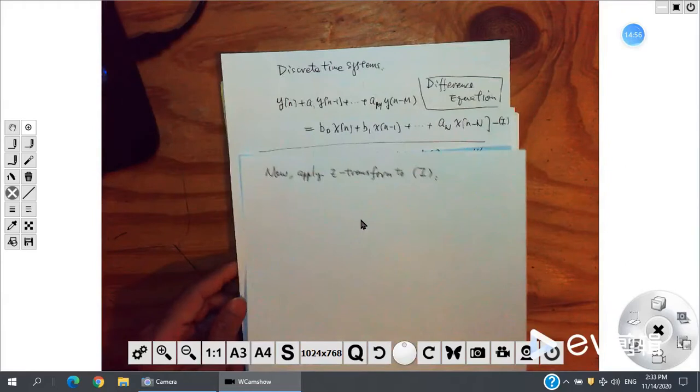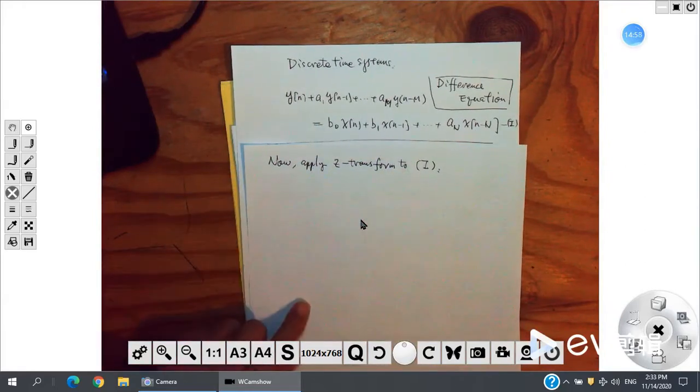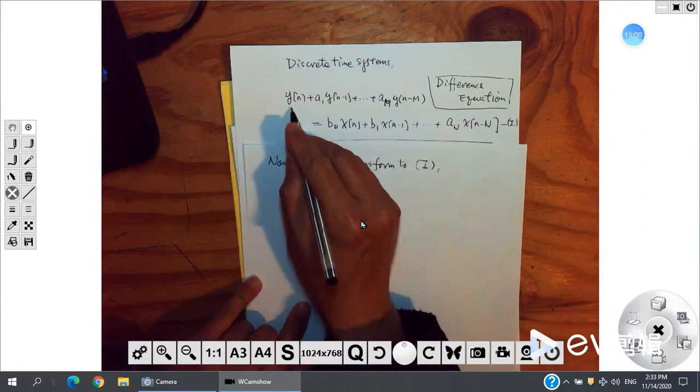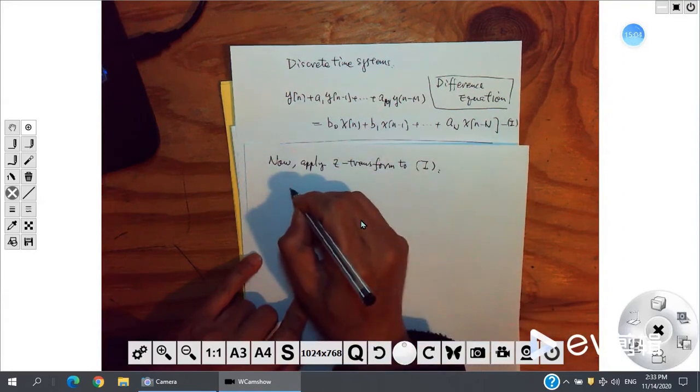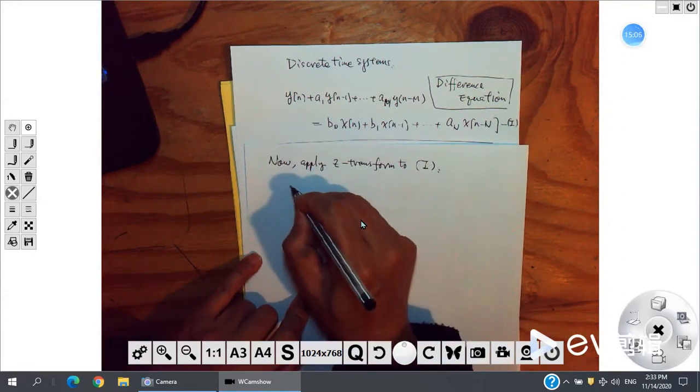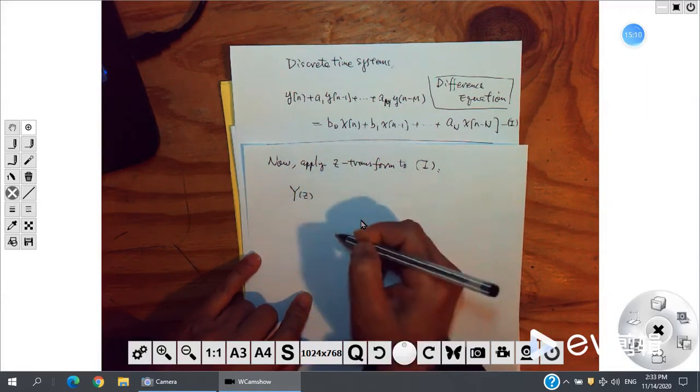Y in the system, right? Then we can have y of n here. Y is the output. All right, y is the output. After the transform, go to the z domain: y of z, and plus